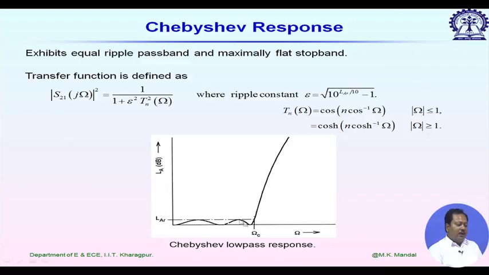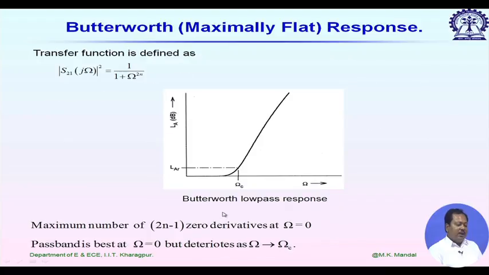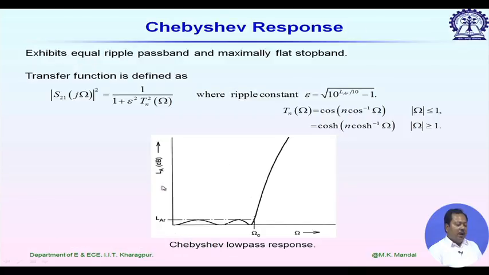Now, if I compare this Chebyshev response with the previous one, the Butterworth low pass filter response, you see in pass band for Butterworth we almost do not have any variation, whereas for the Chebyshev we have ripples in the pass band, and for the same order, as we will discuss later, we have higher attenuation slope for Chebyshev response. So, if the attenuation criterion is more prominent than the passband criterion, in that case we can choose Chebyshev low pass prototype response.